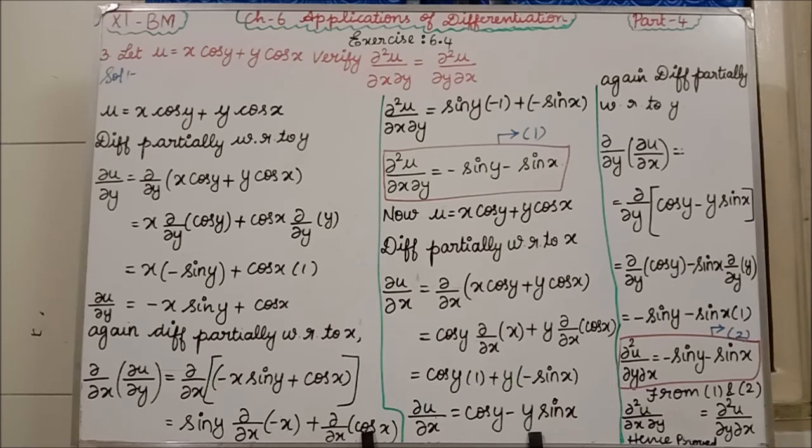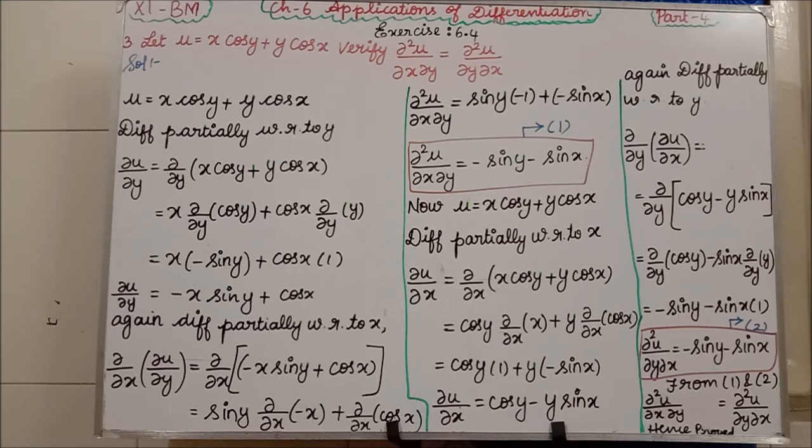This was the third question in exercise 6.4. Yes, with this third question the part 4 session is going to be over. In part 4 session we have learned economic order quantity in exercise 6.3, and in exercise 6.4 we have learned partial differentiation and successive partial differentiation. Students, go through the video once or twice so that you get the concept clearly and deeply, because these concepts are very new to you. This is not based on your 10th standard book.